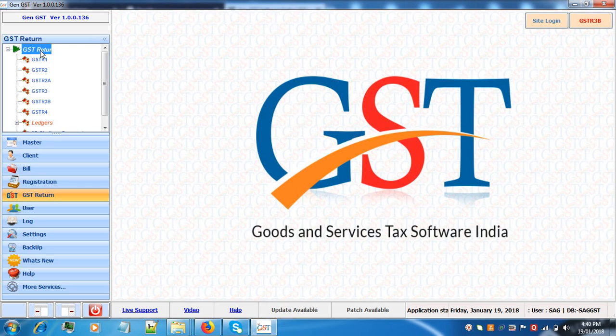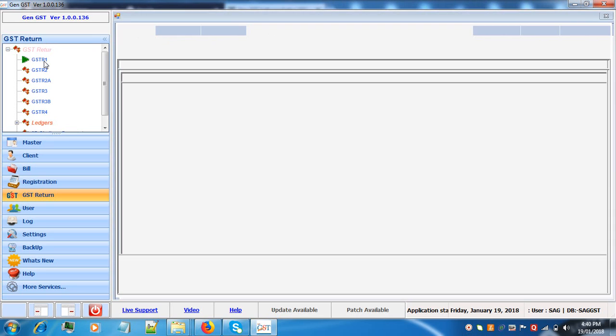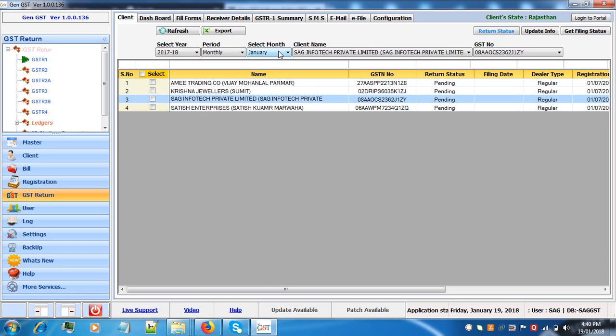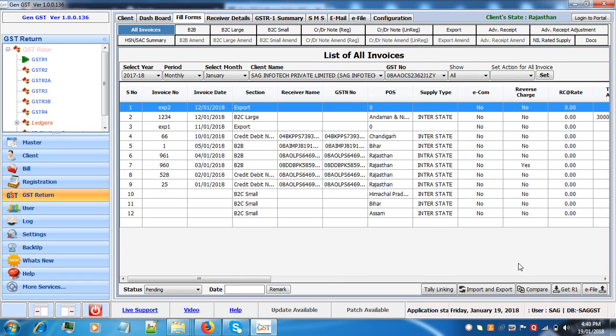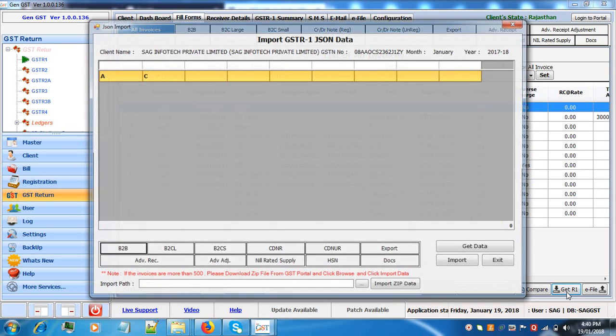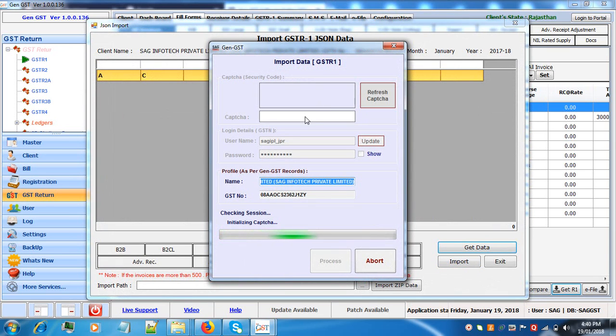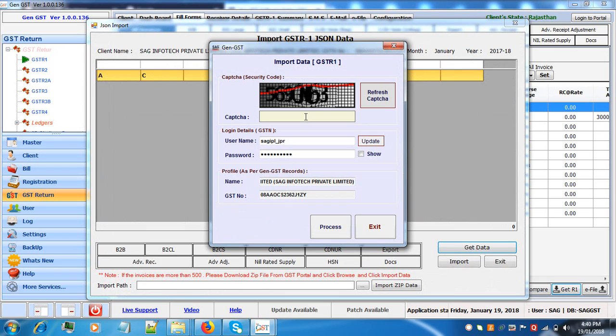First, go to GST returns, click on the GSTR1 button, select the client and the month. Now go to fill forms, click on get R1, click on get data. Enter the captcha. Click on process.